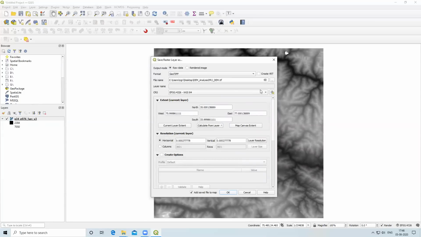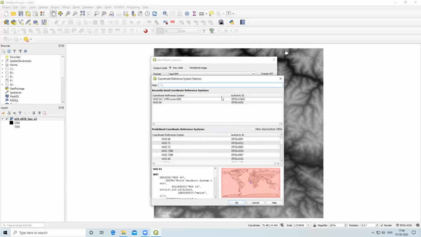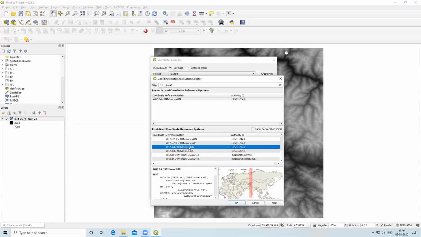Now the image is falling in UTM zone 43. So I will type WGS UTM zone 43. In the project coordinate systems below, I will select WGS84 UTM zone 43.